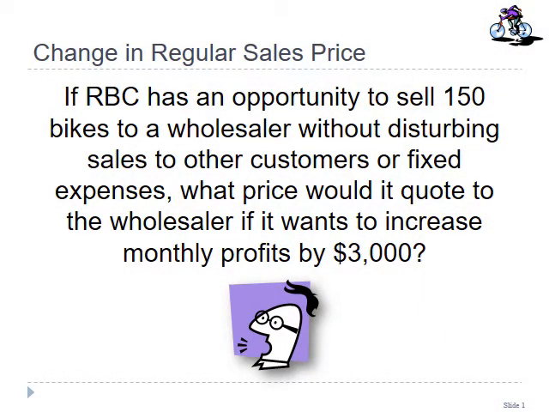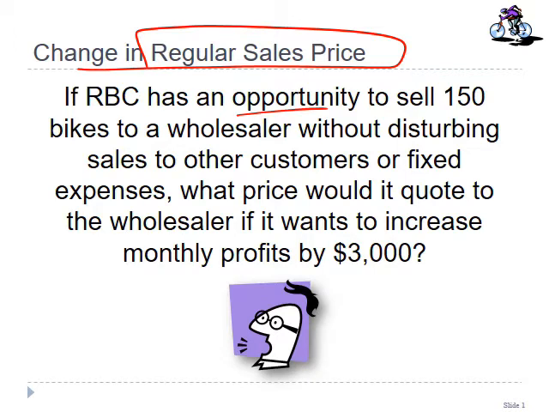And now we want to see how changes in regular sale price will affect our net operating profit. So the question is, if the RBC has the opportunity to sell 150 bikes to a wholesaler without disturbing sales to the other consumers or fixed expenses, what price would it quote to the wholesaler if it wants to increase the monthly profit by 3000? So what should be the selling price that RBC should quote without disturbing its existing customers or